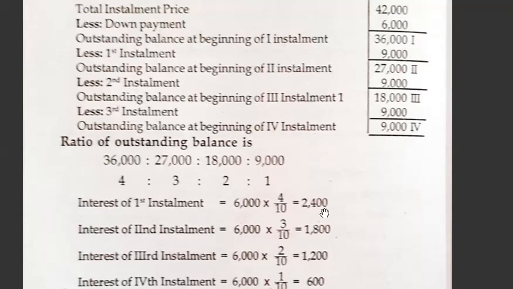If you have any doubts, this is the same thing we did for the hire purchase system. The same thing is repeated here also. The journal entries have a slight difference, but the interest calculation is the same as we did for the hire purchase system. Here we have followed the third case, where the rate of interest is not given. So first calculate the total interest, find out the outstanding balance of each installment, find out the ratio and distribute the total interest in that particular ratio. So you will get the interest for each installment.